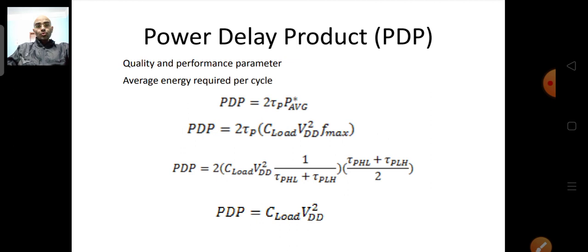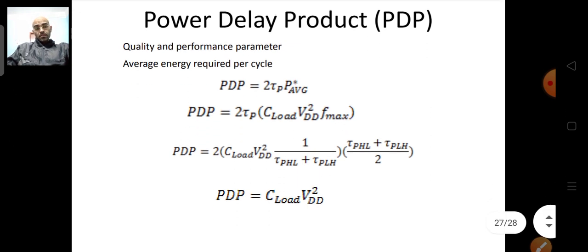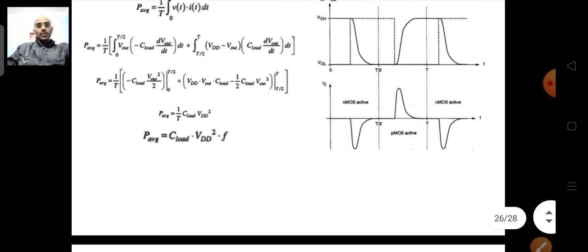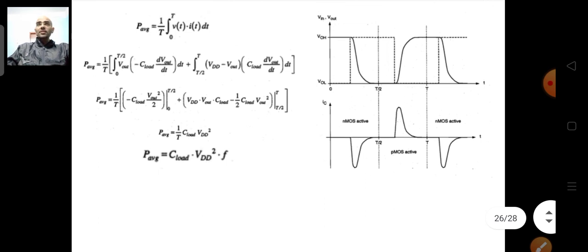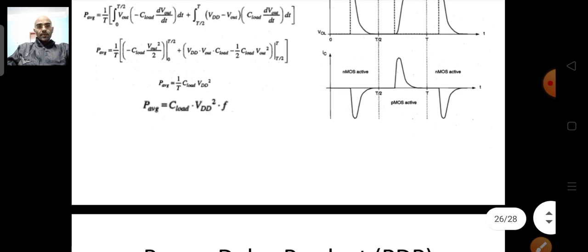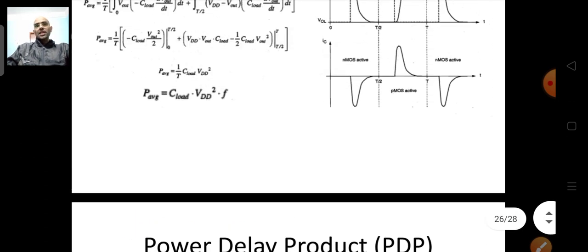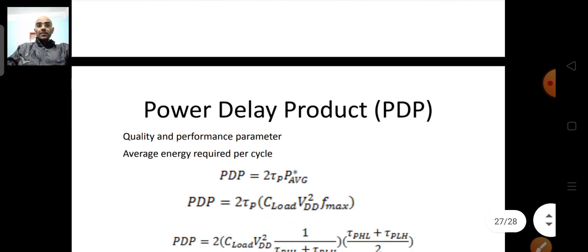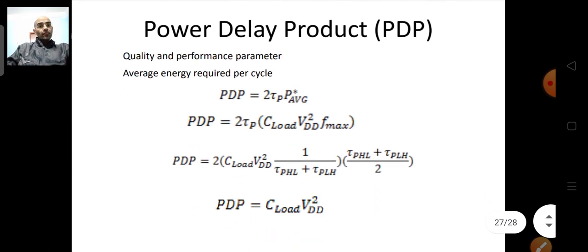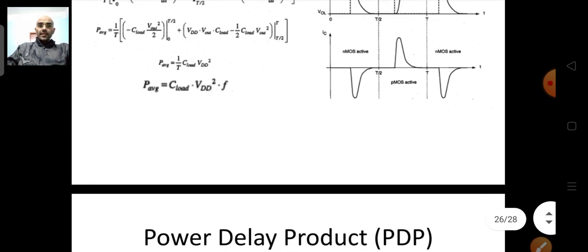So if we do that, and you see, rather than directly using this equation, because this equation has all the things, this frequency also, supply voltage, and the load capacitance. So you may think that you can multiply the time with this average power dissipation, and your energy dissipation will be C load into VDD square. But this is not the case. Okay, why is it not the case? Because in such a case, I mean,